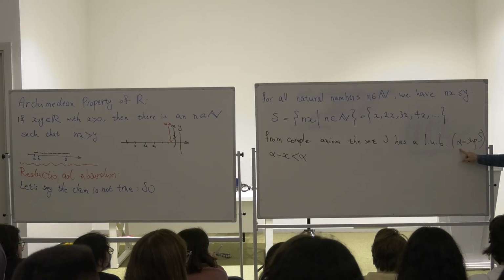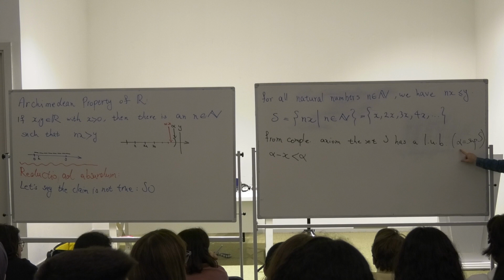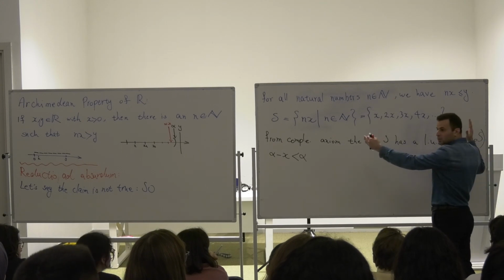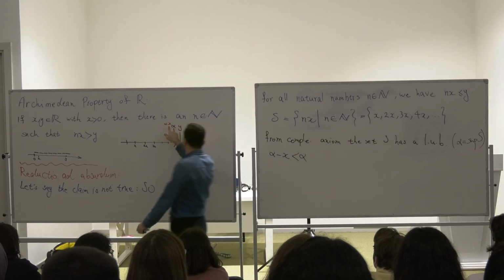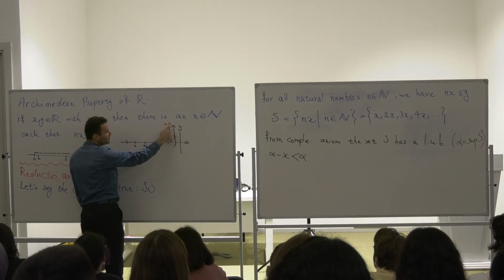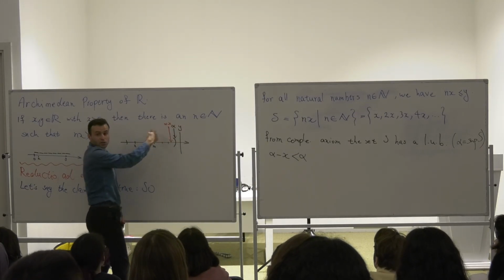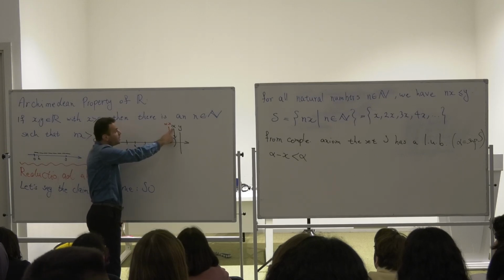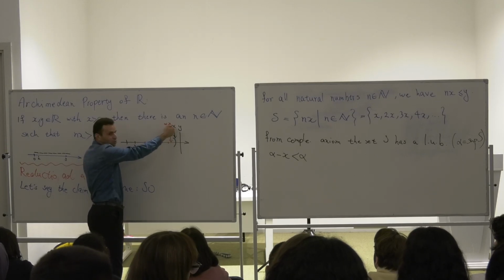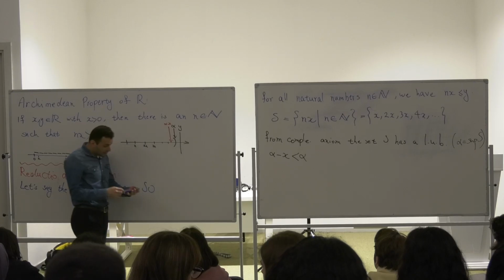It is the least upper bound of the set, right? Among all upper bounds, this one is the smallest one of them. So if I come a little bit to the left of it, then this is not the upper bound, because the smallest of the upper bounds was this alpha, right? Now, if I come a little bit to the left of this, alpha minus x, can I say that